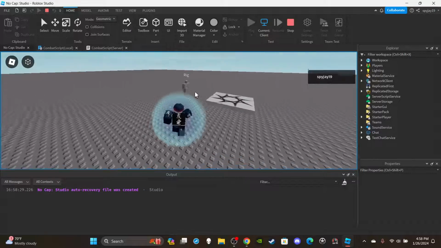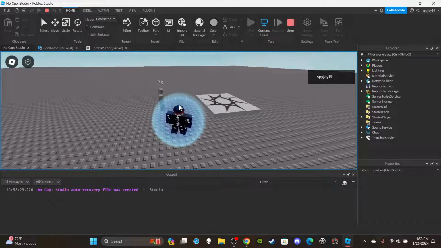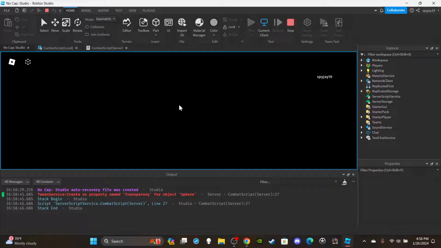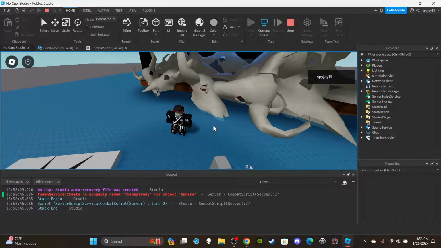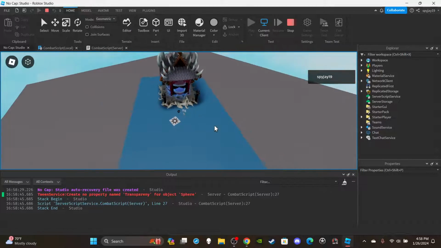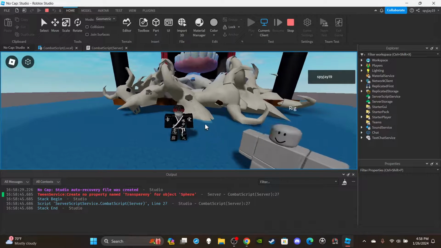But let's go ahead and test. Okay, so you guys see the rig get damaged. So if I press E, you guys show the Ryoiki Tenkai. Boom. Okay. Things are looking pretty good so far. Not exactly how I wanted it, but